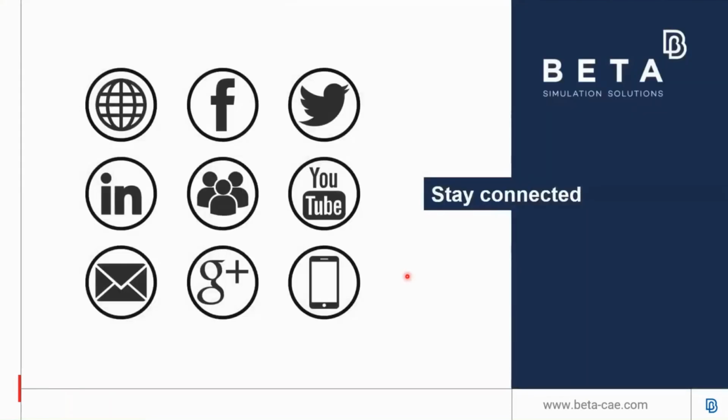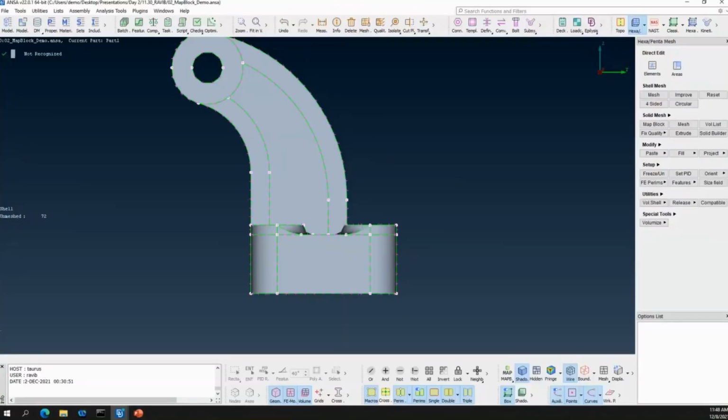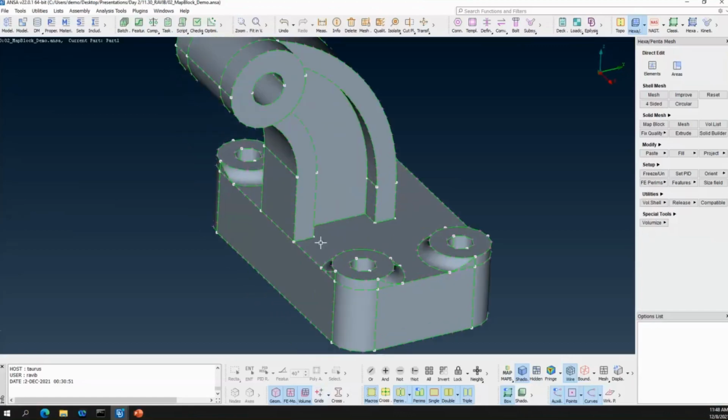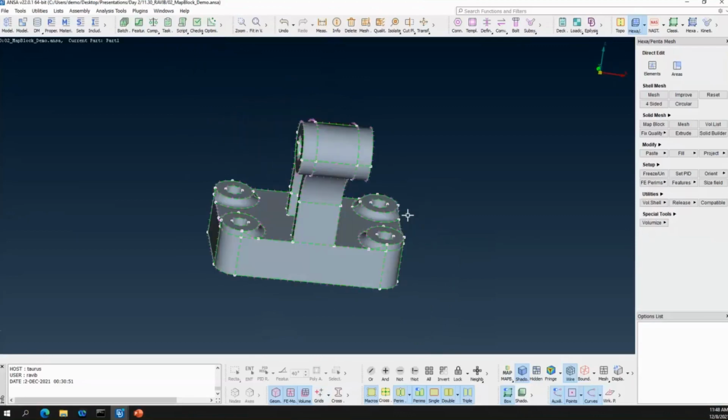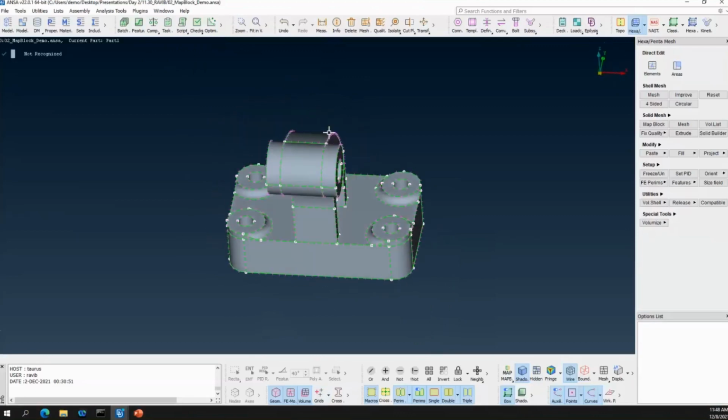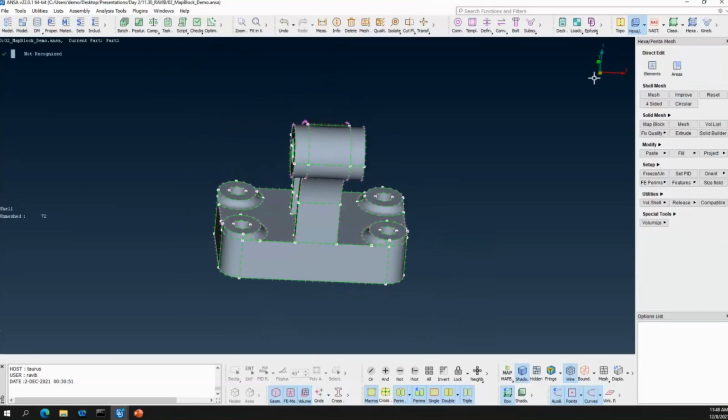Now, I'll go ahead and show you an example, like a live demo, of the map block functionality. So I'll consider this part which has to be meshed with hexas. Since this part is symmetric, I'll just take half of it.